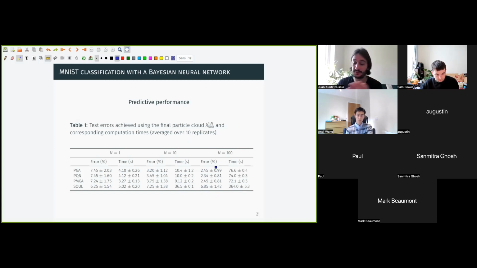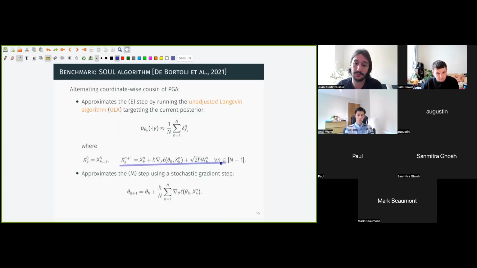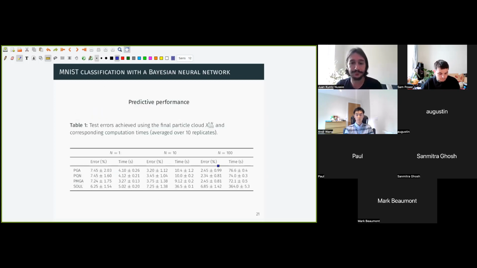And that one is really not very mysterious at all. In each update, we update, for example, 100 particles with a single Euler step. So that means computing gradients and adding Gaussian noise to them. And you can just vectorize all those computations, which mitigates the larger particle count. That's pretty easy to do on things like JAX and TensorFlow that are available these days. On the other hand, when you're running SOL, you need to run this Euler chain in serial, so you can't really take advantage of those things.